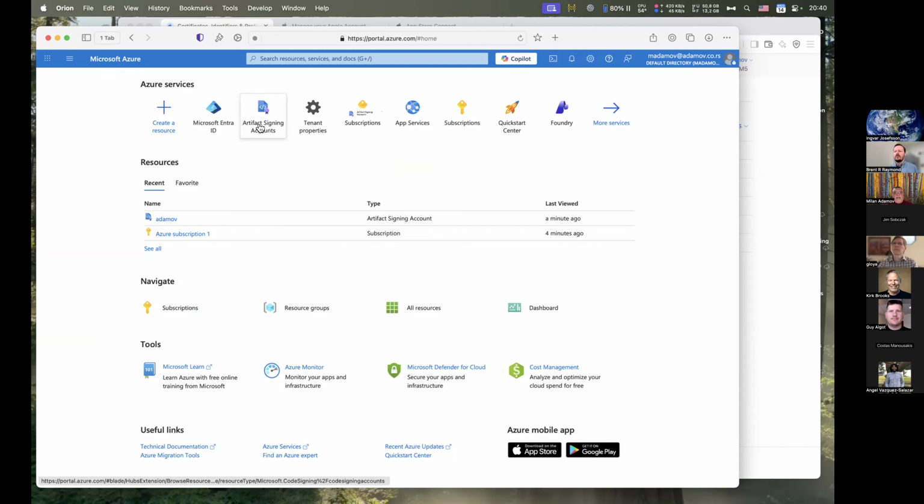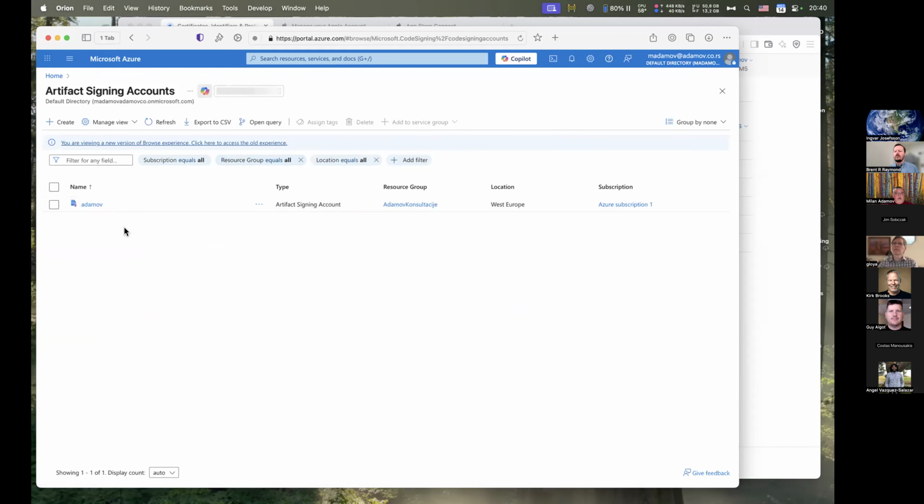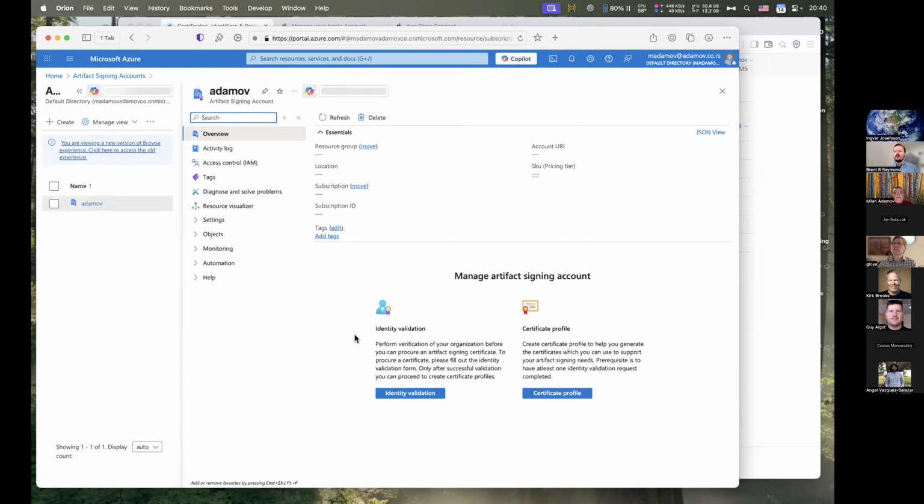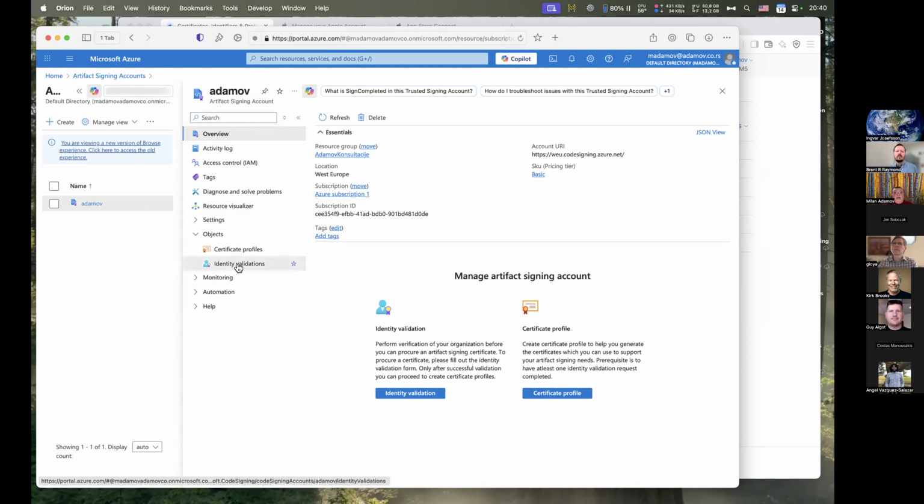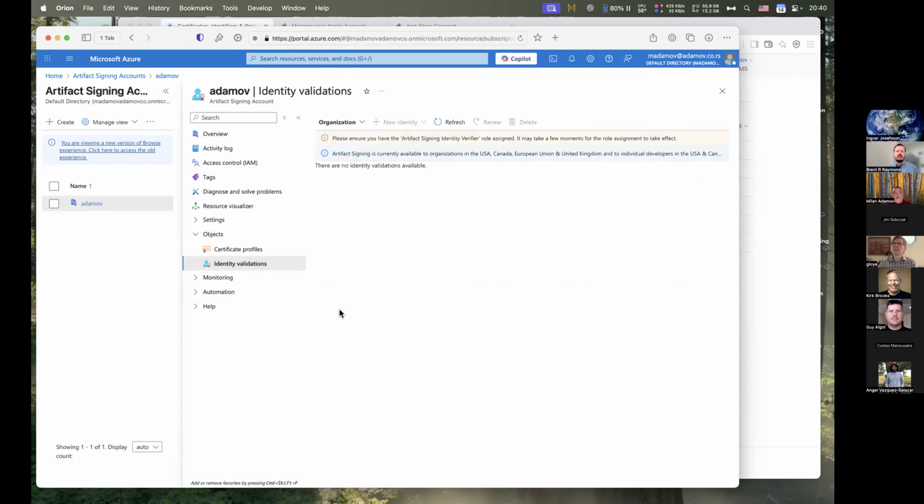Once you set this up, I cannot go further because this one I cannot do. Then you have to go here and apply for validation of your identity, and you pass whatever documents they need. For Apple, I think I did it 10 years ago. For my Serbian company, I registered for a DUNS number.